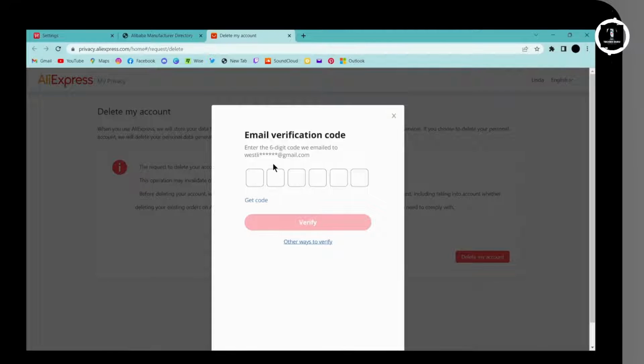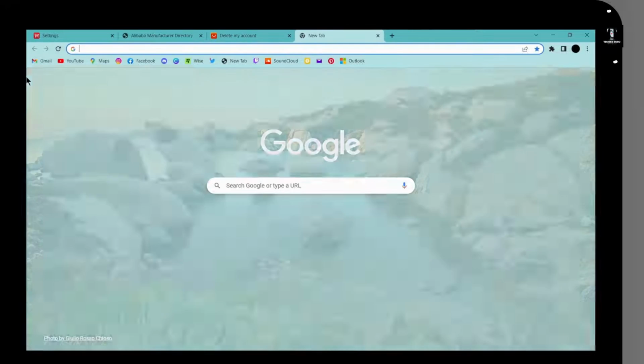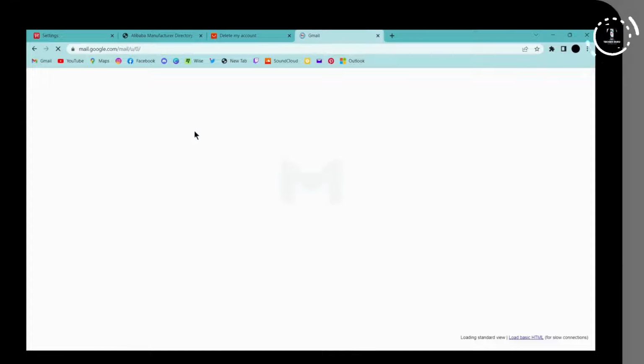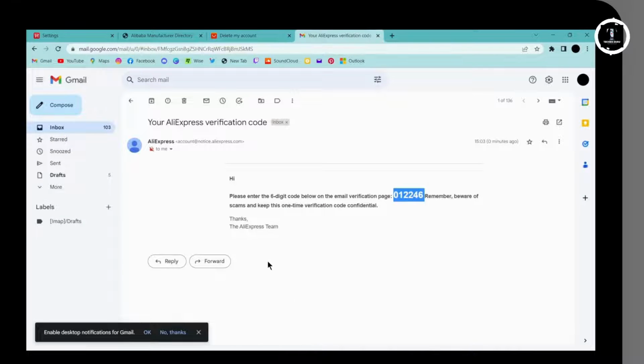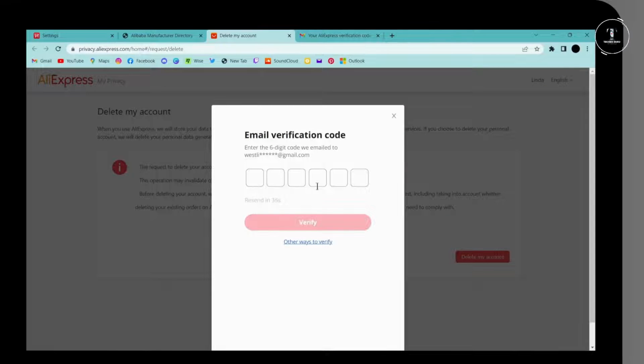and now you will receive a 6-digit code to your email address. Go and open up your mail, and after opening your mail you will have a mail from AliExpress. Open that and you will have the code. So copy this code from here and paste that code here. After entering the code, click on verify,